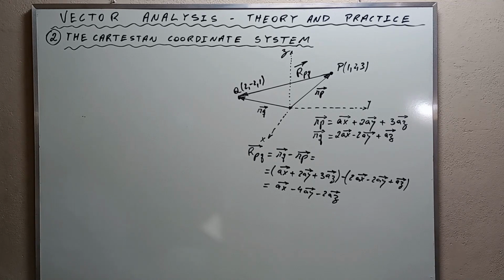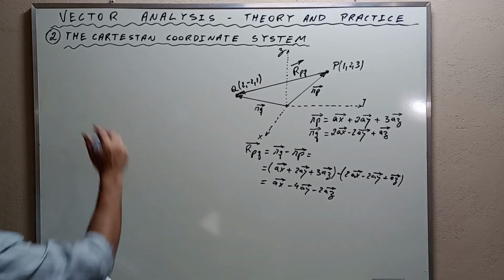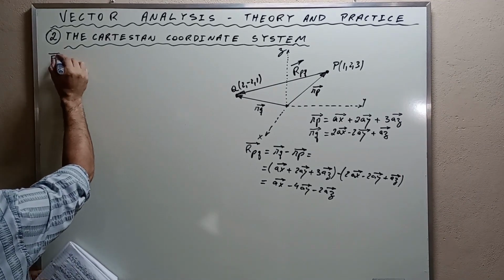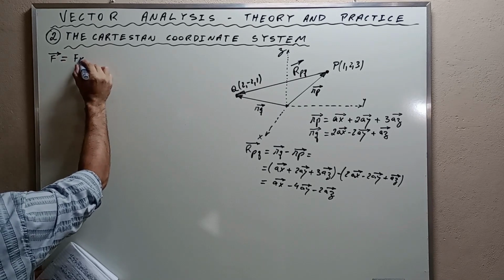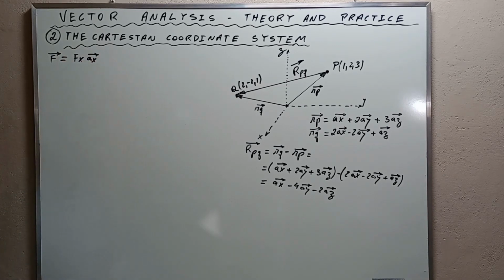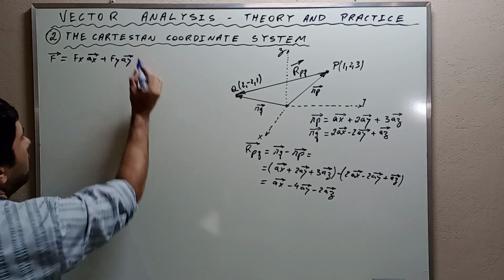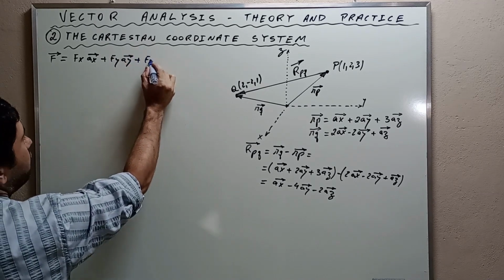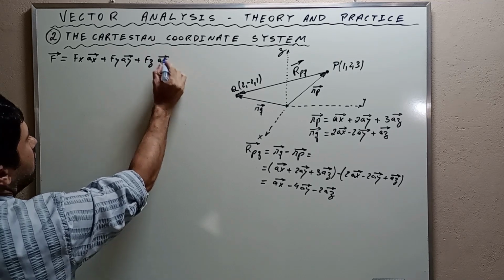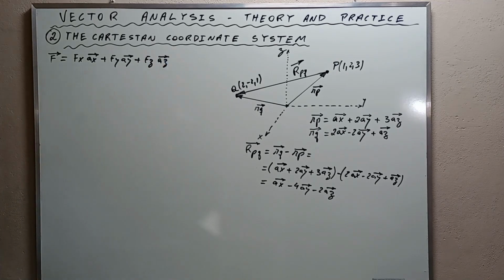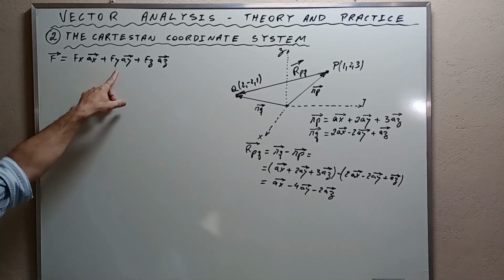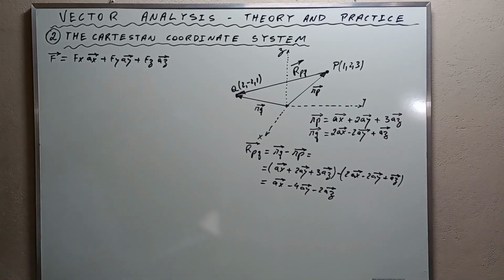It may be expressed in Cartesian coordinates as F is equal to Fx in the x direction plus Fy in the y direction plus Fz in the z direction, in which Fx, Fy, and Fz are the components of F in the x, y, and z directions respectively,